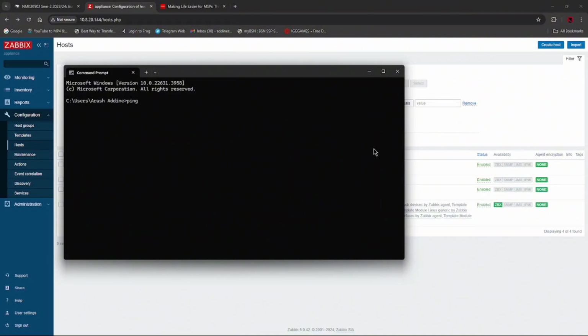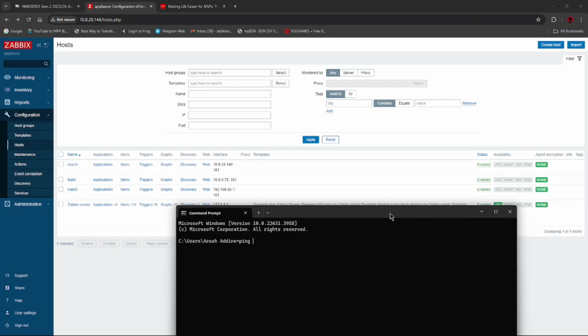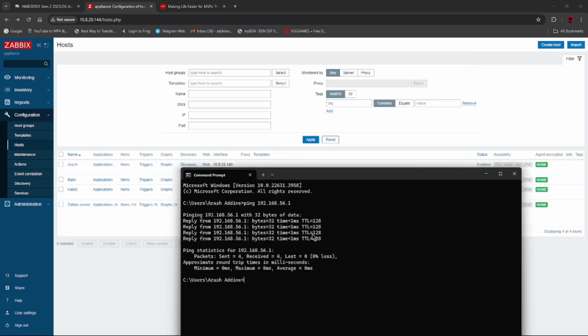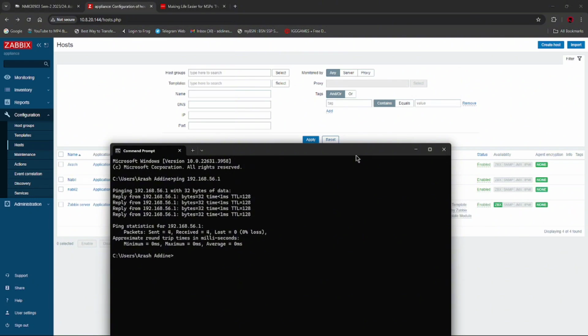Ping this IP. Let me show. 192.168.56.1. Okay, so if you can see, I can ping with him. So this definitely shows that we are actually connected. We can ping each other. He also can ping with me, but